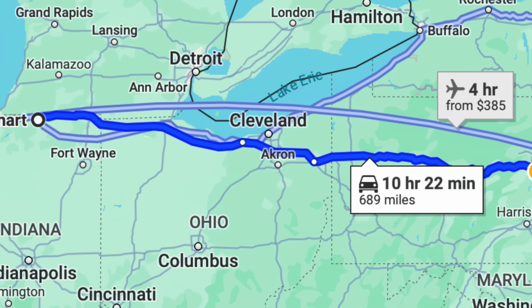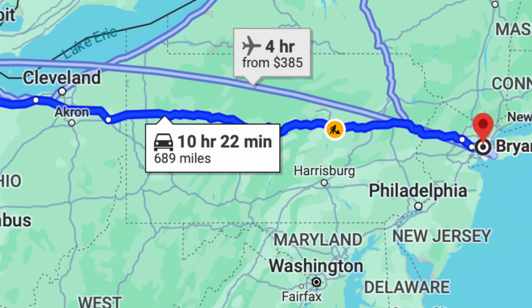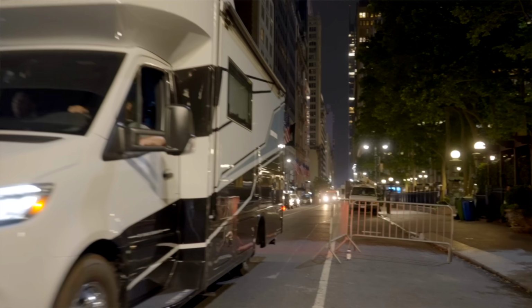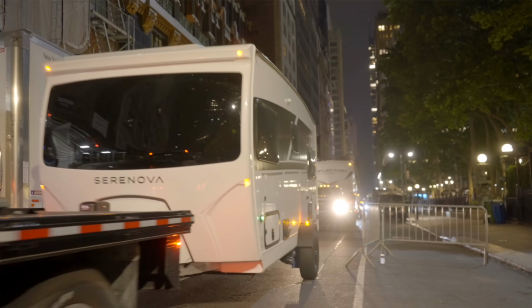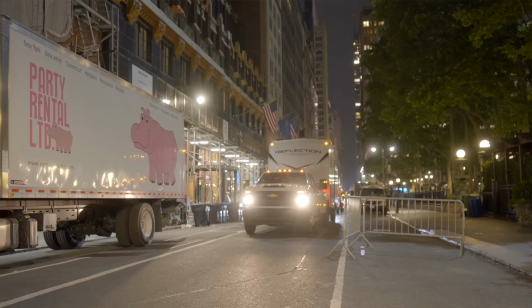It's 10.5 hours from here back to Elkhart, Indiana, where these units came from. They showed up with these 3 units, sat outside of New York City last night, because they couldn't set up here until 6 a.m. And then this morning at 4 a.m., when there's less traffic in New York City, they took these 3 units after traveling for 2 days and slowly brought them through the city streets and parked them